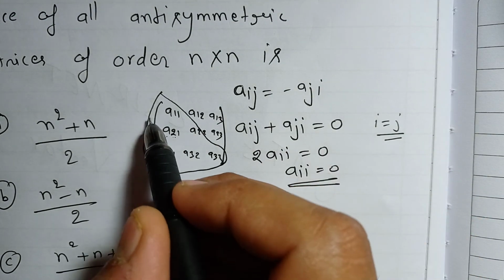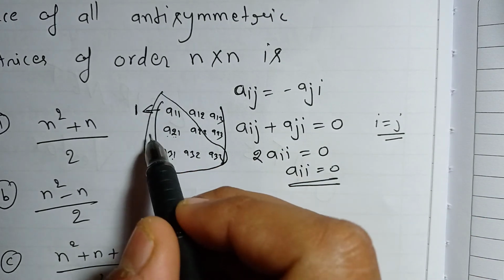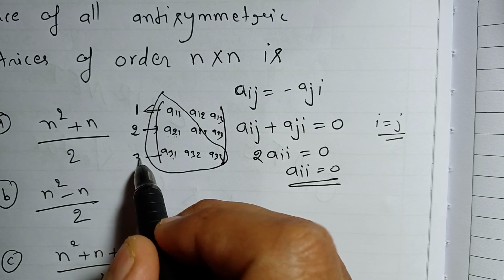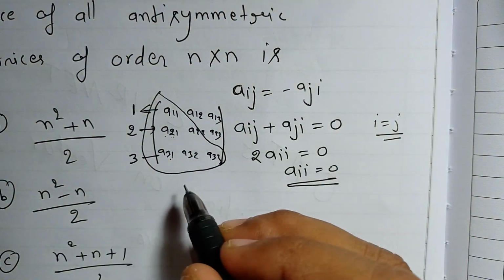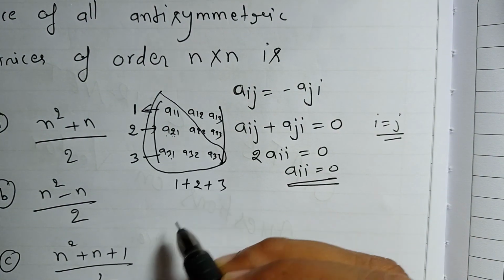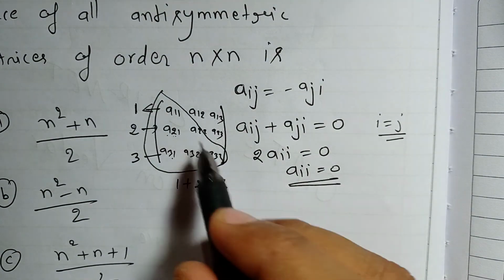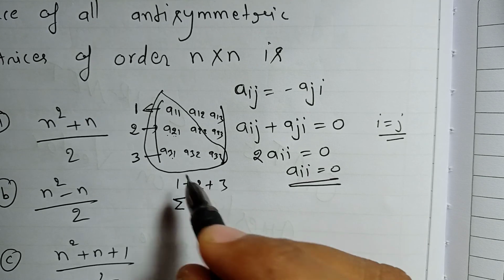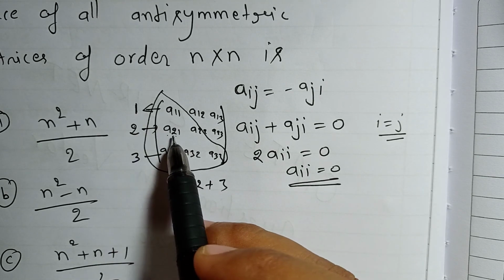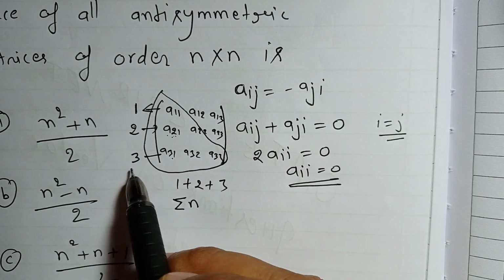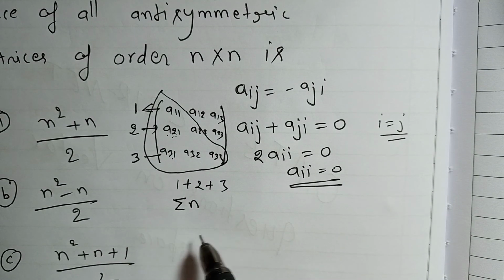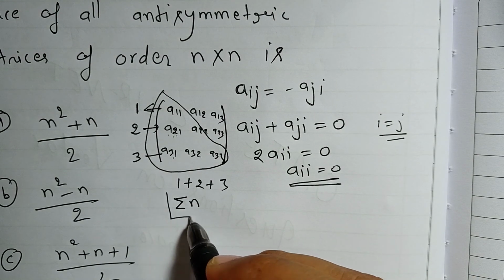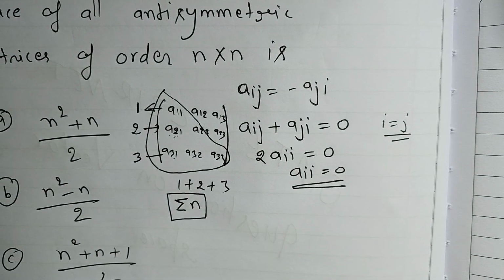Fine. So in the first row we have 1, in the second row we have 2 free variables, in the third row we have 3 free variables. So 1 plus 2 plus 3, like that. So if the matrix is of order n, the number of free variables will be summation n. In the first row we get 1 variable, from the second we get 2 variables, from the third we get 3 variables, like that. If n cross n, the nth row will get n independent variables. So total number of free variables is summation n in the symmetric matrix.